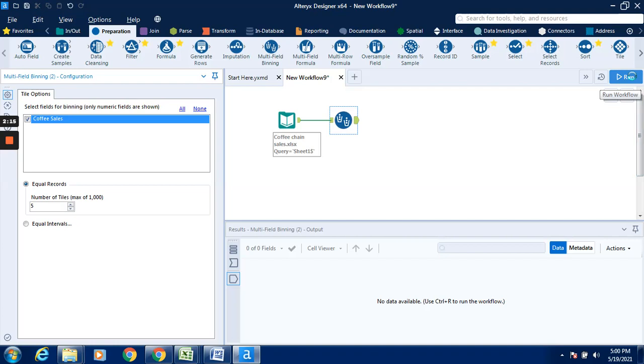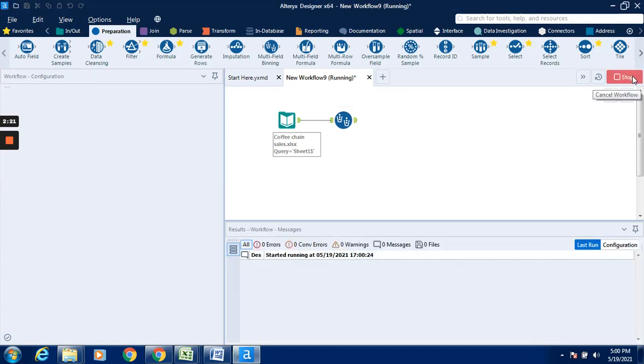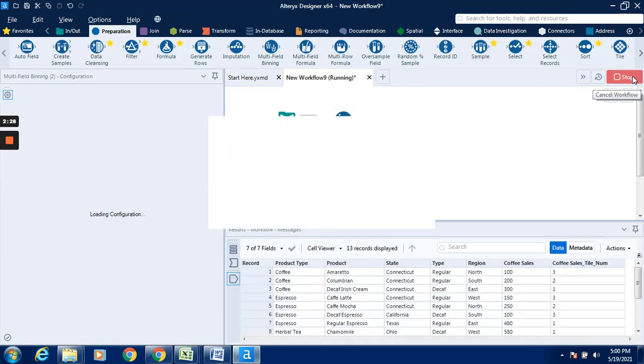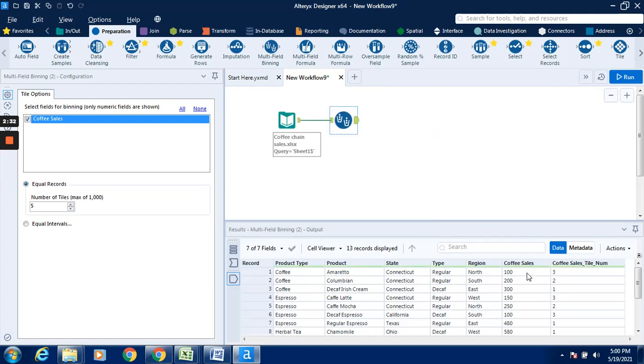Whatever data is binned will be displayed in a new field, or you can say a new column. So this is the coffee sales data and the grouping which is done over here. Coffee sales underscore tile is being displayed. So it is being grouped. If you see it carefully,